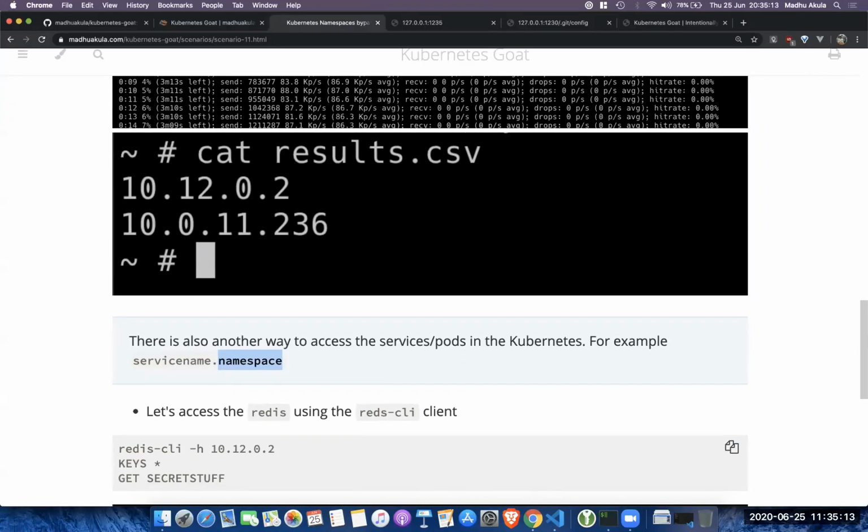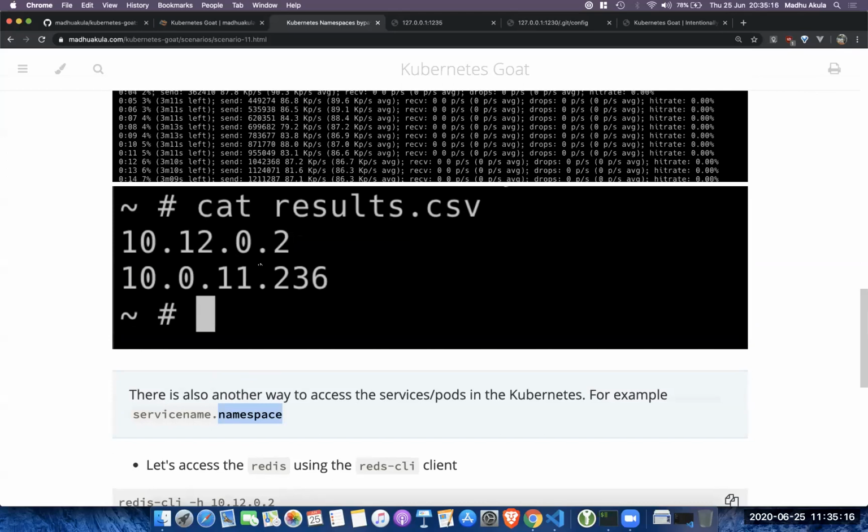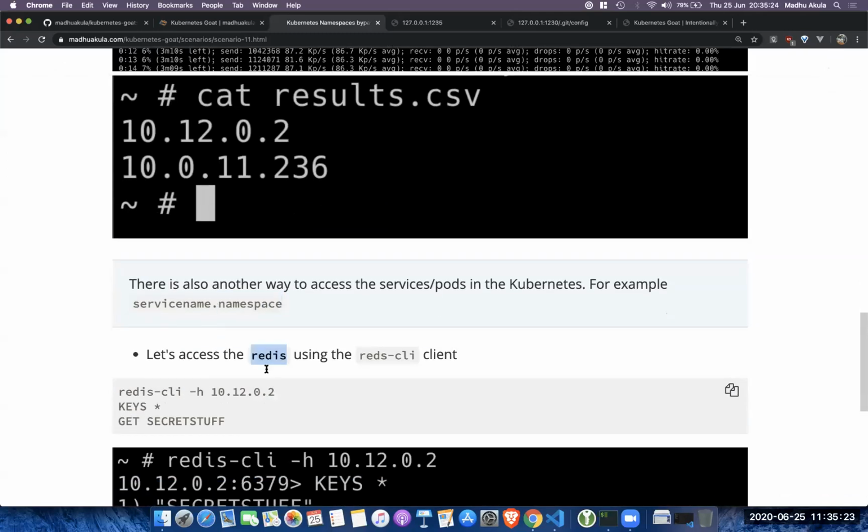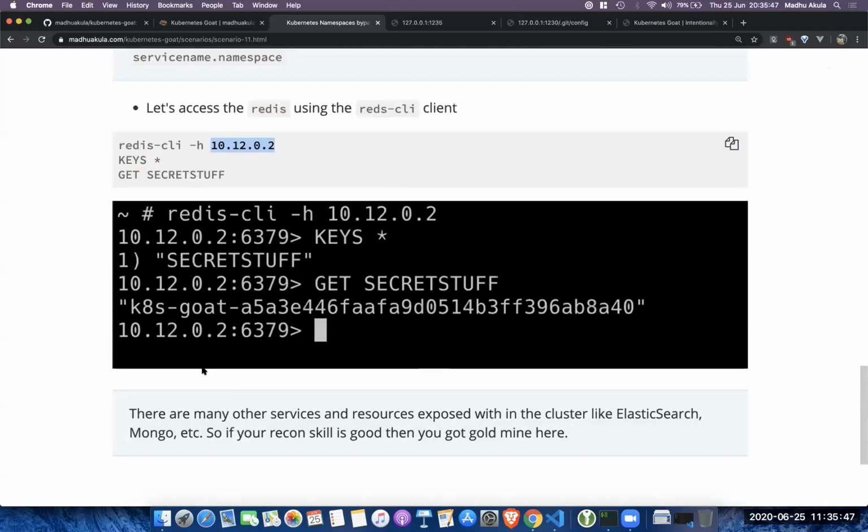What I'm trying to showcase here is that, as we have intentionally and deliberately deployed a vulnerable application, you can see there is a Redis instance lying there in a different namespace, within the same cluster environment. But due to Kubernetes' nature, there is no network security between pods or services by default. So we can use utilities like Redis CLI to connect to that host and get whatever information is out there. This is what I was trying to showcase in this scenario.